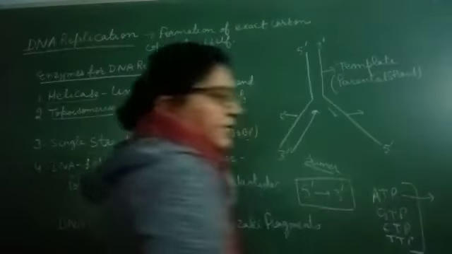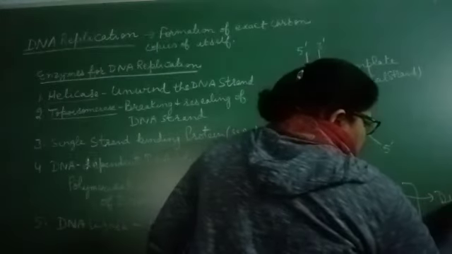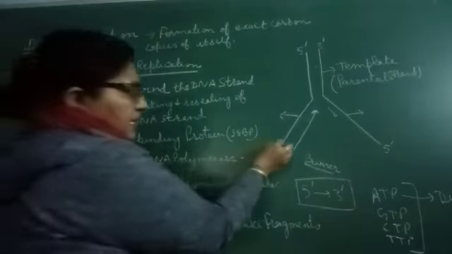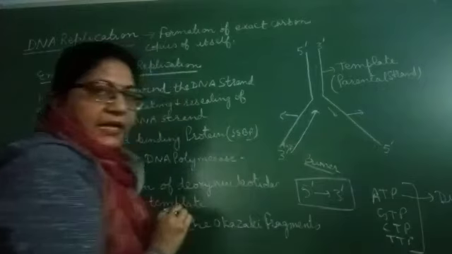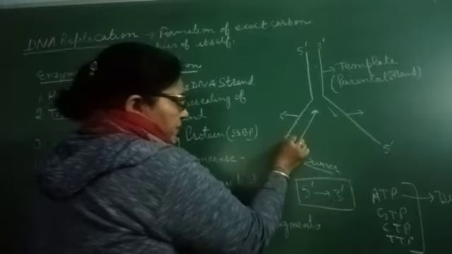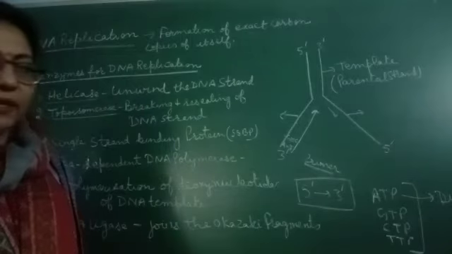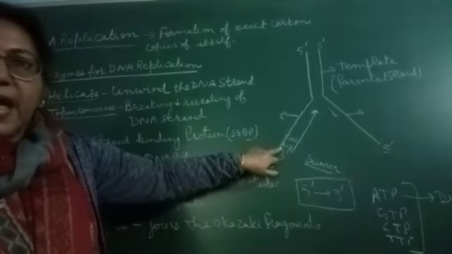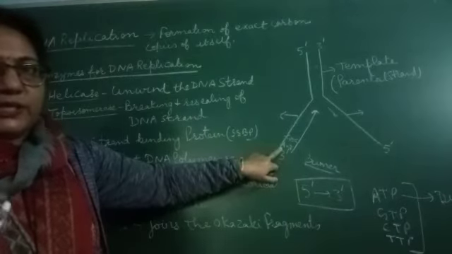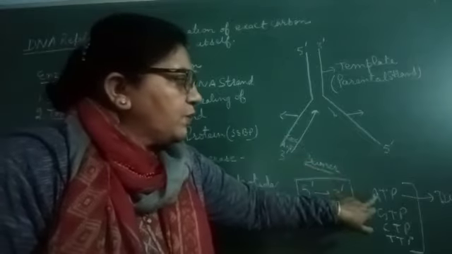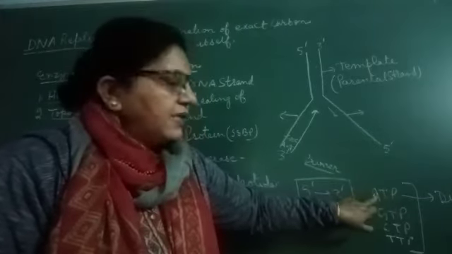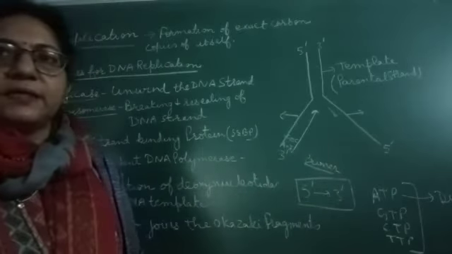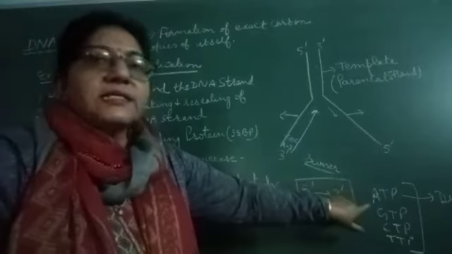Specifically the ATP plays the dual role because it will act as a substrate when they form a complement with the template strand. If there is A, it will have a T over there. If that is G, then with the triple bond they will have a C over there. Fine. So it is a dual role because it acts as a substrate as well as provides the energy. So this is very important. What is the dual role of ATP? That is adenosine triphosphate. It helps in providing the energy, and along with that, it acts as a substrate.